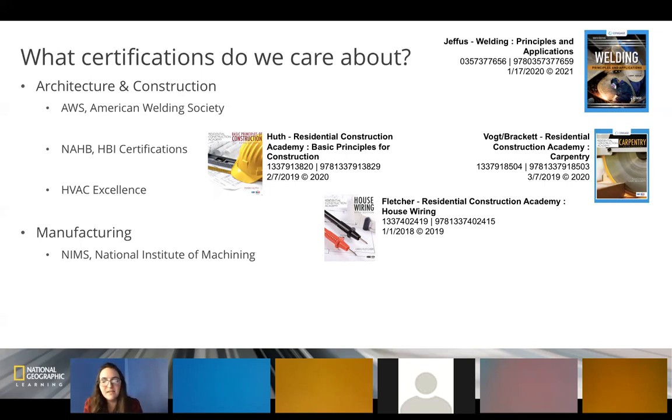We have the Residential Construction Academy series. We have brand new editions for the three most popular books: Basic Principles of Construction, which is the first course, and then House Wiring and Carpentry. There are other textbooks in the series for HVAC, for masonry, for building maintenance, and some other areas. But all of these books are aligned to certifications that the Home Builders Institute actually puts out for both teachers and students. So teachers get certified as